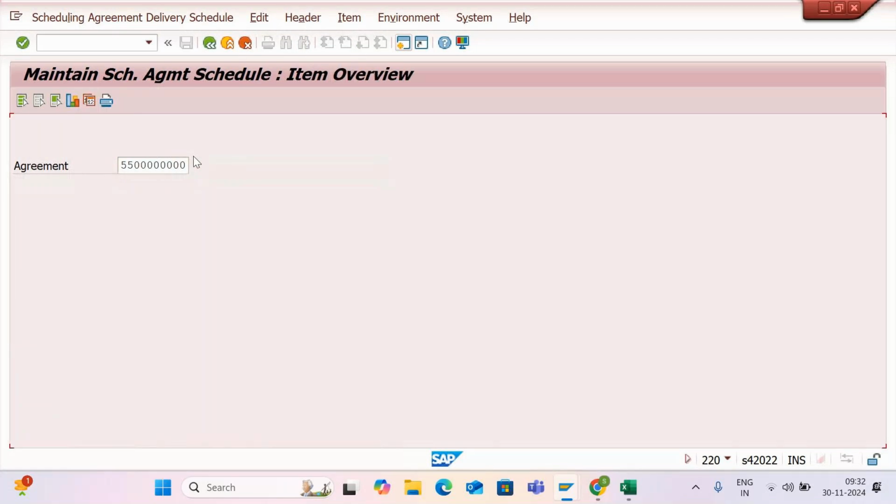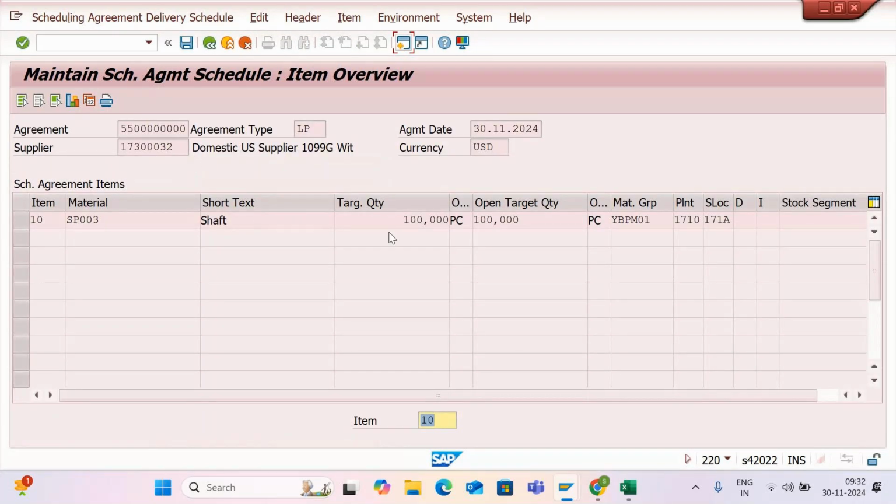So a delivery schedule is nothing but, I have raised the scheduling agreement for 1 lakh. I am going to give in advance the dates at which the supplier is going to deliver the material against this total quantity. If I double click on it,